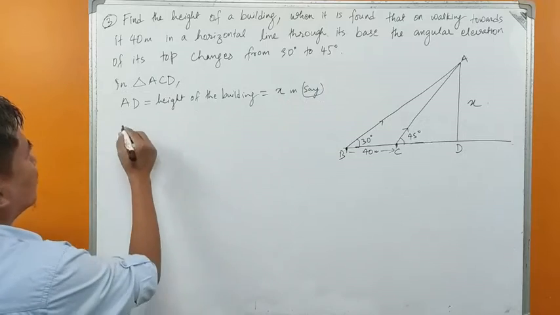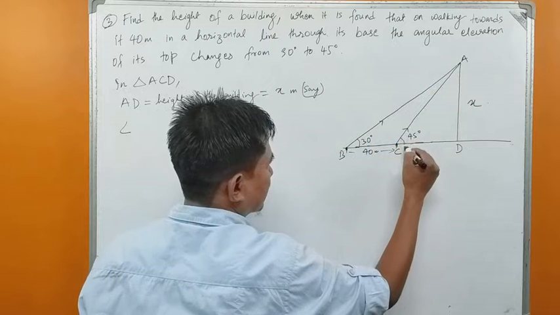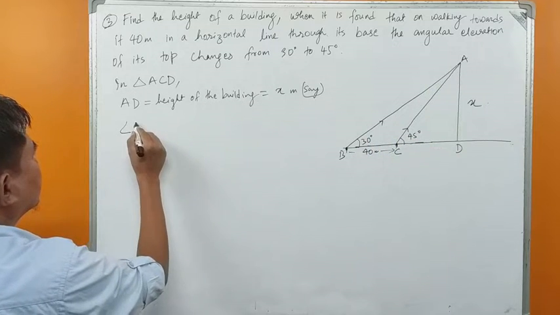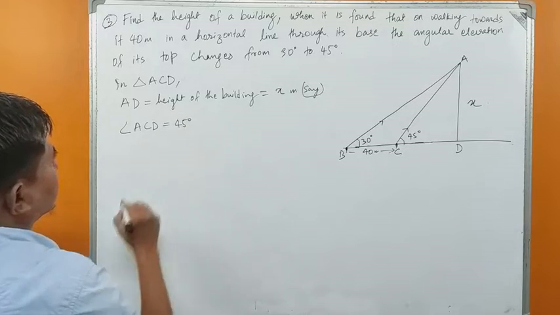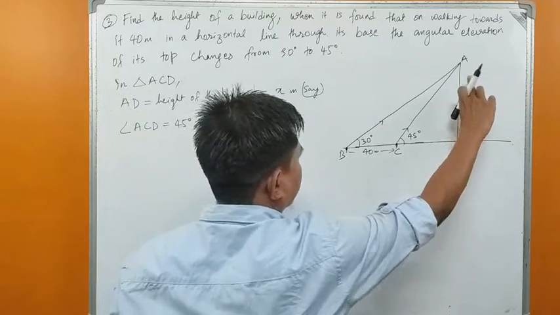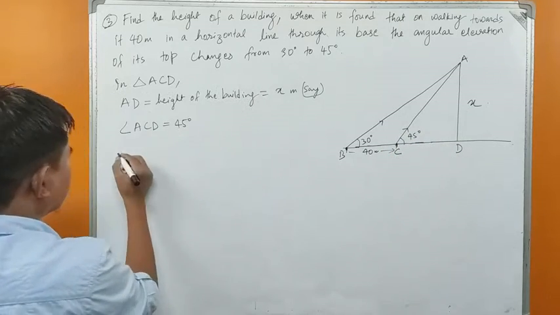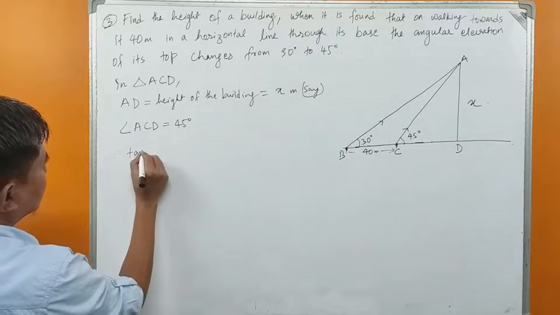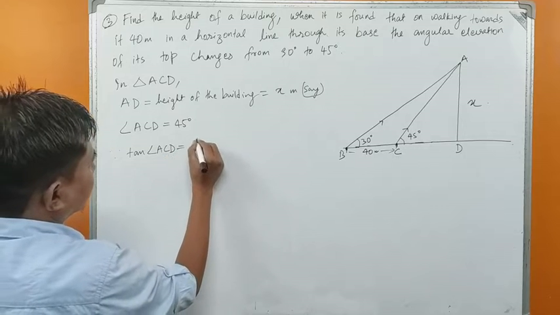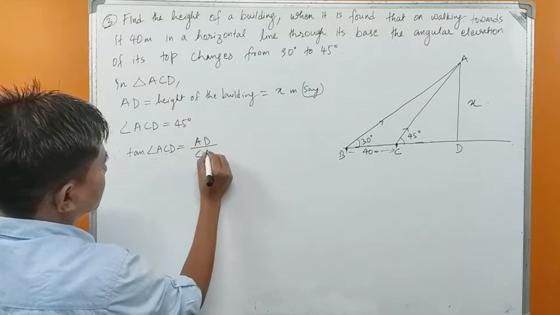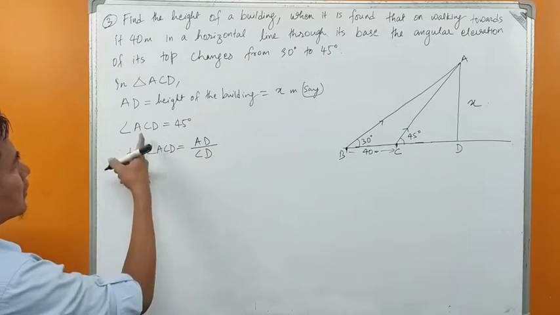Now angle ACD, this angle, isn't it? ACD is 45 degree. Now we have perpendicular, we have angle, we can find base CD, isn't it? So applying tan theta, since tan of angle ACD equals to perpendicular AD by base CD, or tan of angle ACD is given to us, that is 45 degree,